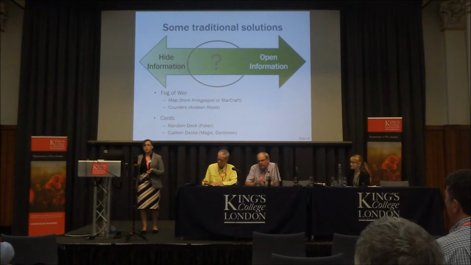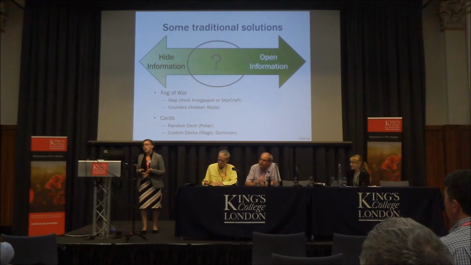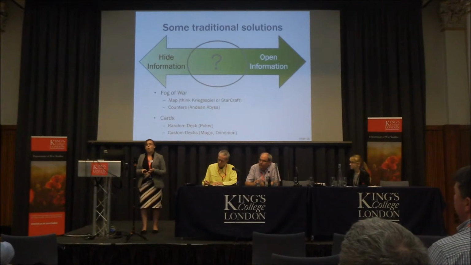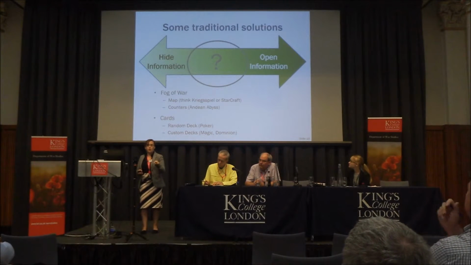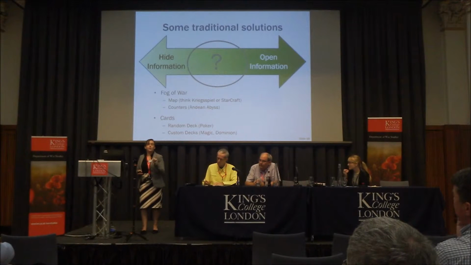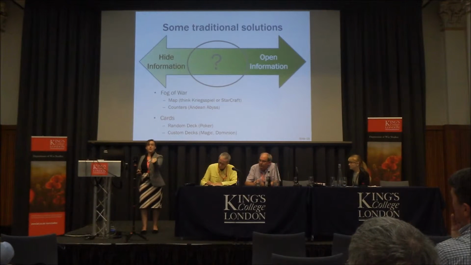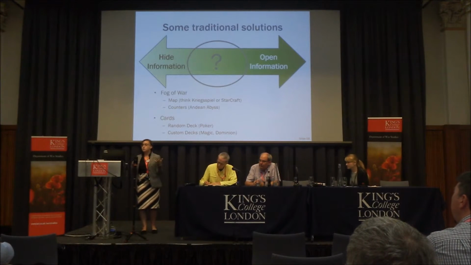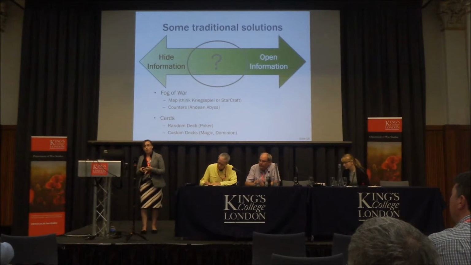I think there's another type of fog of war we don't see as often, but there's a really nice example in Volko's game, Andy and Abyss, which is where we can see the position of a unit. We have map fidelity, but we don't know what that unit is. So he does this in a board game by just having the counter flipped over. So you can see there's a red unit there, but you can't see what the strength of the unit is or what the capabilities of that unit are. So I think those are some very classic ways to deal with this problem.